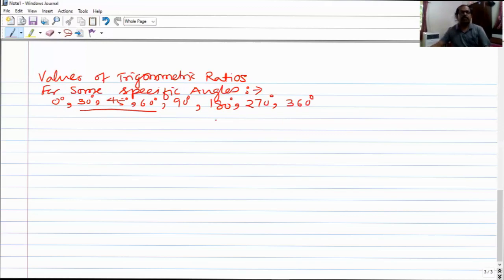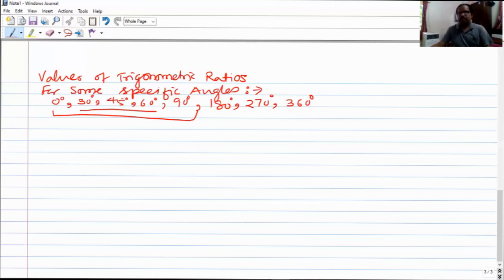right? So for 10th standard students, you need only the values of trigonometric functions up to 90 degree, 0 to 90 degree, and the remaining angles, 0, 90, 180, 270, 360, will be for the higher standard students, that is for 11th, 12th and all the higher standard students. So here we see all the values of the trigonometric functions for all these angles, but 10th students can refer only to the standard angles from 0 to 90, and the higher level students can refer to all the values.